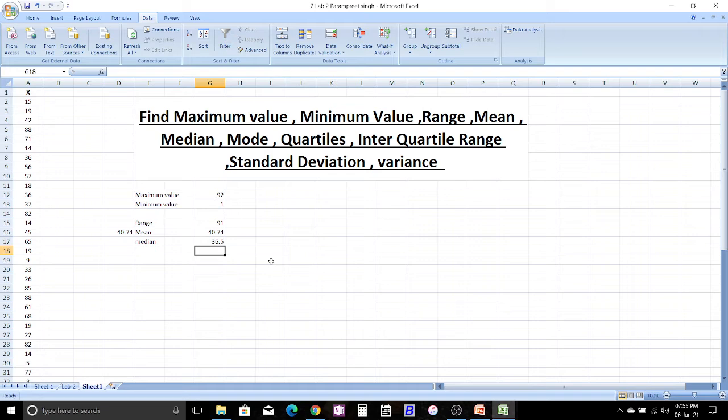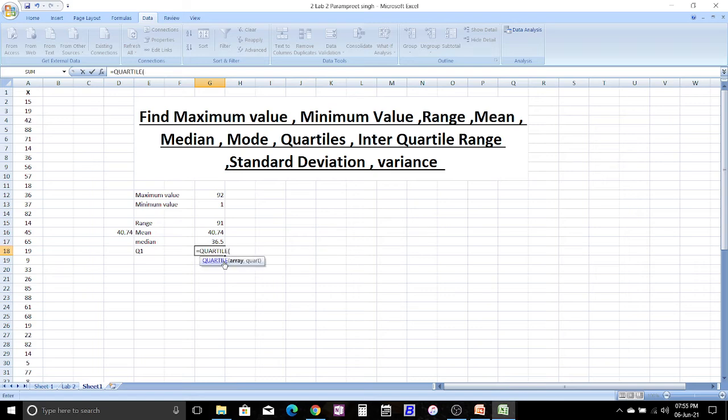Now next we will do partition values, that is quartiles. So we have four quartiles with us, Q1, Q2, Q3 and Q4. Q1 is known as the first quartile, covering 25% of the items. So let's do Q1 is equal to quartile.